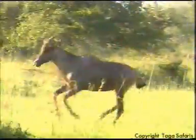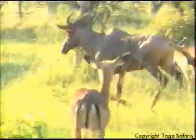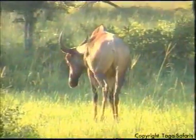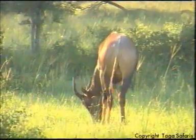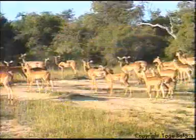And they're released in that large open area we've just gone past. And literally within a few hours of releasing the first sable, the first one had been killed. We had brought them in from an area which had no predators. So although the sable knew what a lion was and knew what a leopard was, they knew all these animals, they didn't realize that they needed...